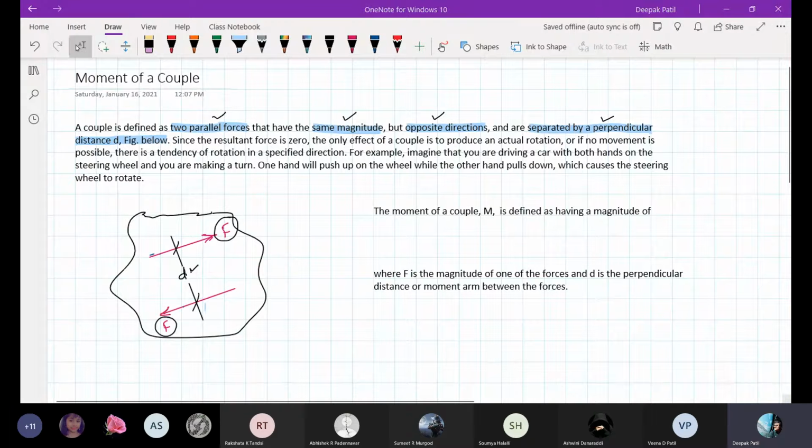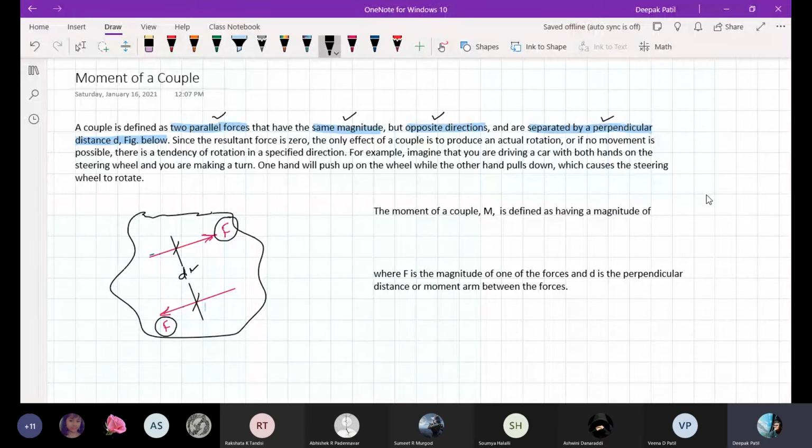Yeah, what about now? Is it okay? Yes, sir. Is it clear now? Yes, sir. So shall I explain this moment of a couple once again? Yes, sir. Okay, right. Let me explain this moment of a couple once again. Whenever there is a problem with the clarity of the voice, please let me know in between also.